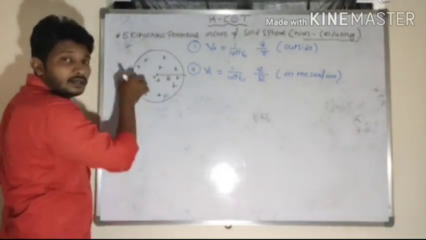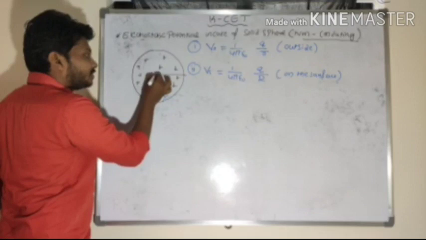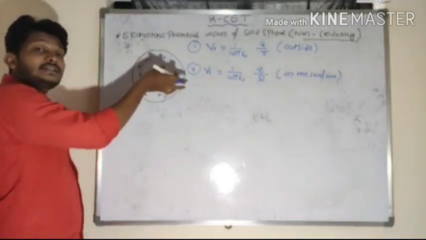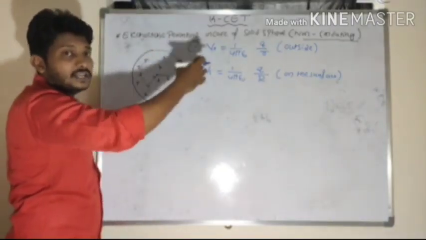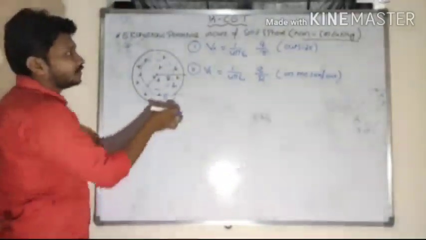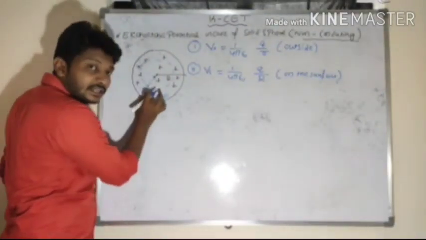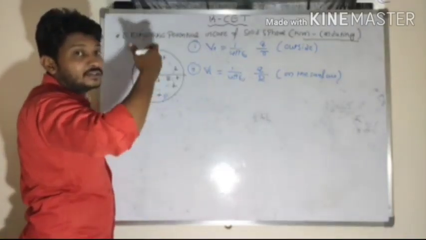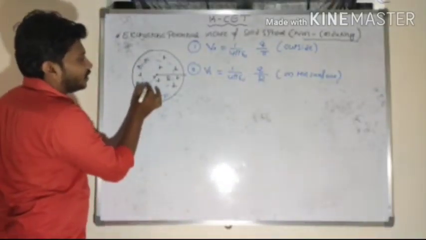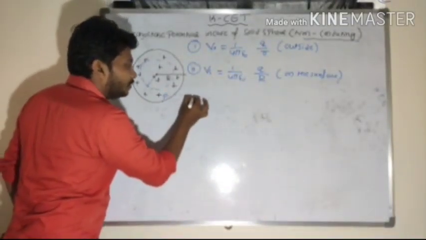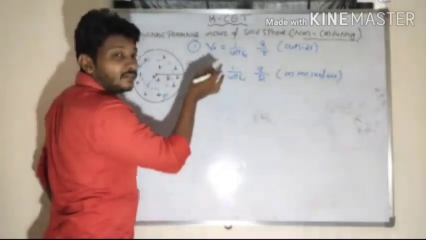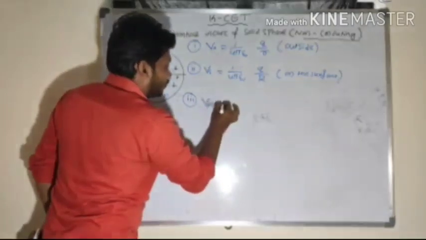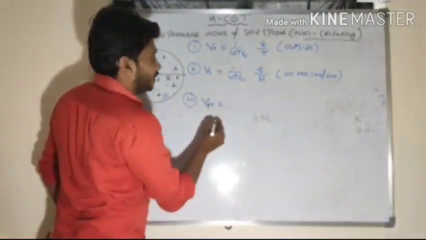In case of that solid shell, the point of observation is inside the sphere here. Inside the hollow sphere there is no charge, so the field is 0 and the potential is constant. But in case of that non-conducting sphere, charges are present here. If charges are present, the potential value is not constant, it is going to vary here. So then what about the electrostatic potential in case of a solid non-conducting sphere, the potential inside the spherical non-conducting body here?